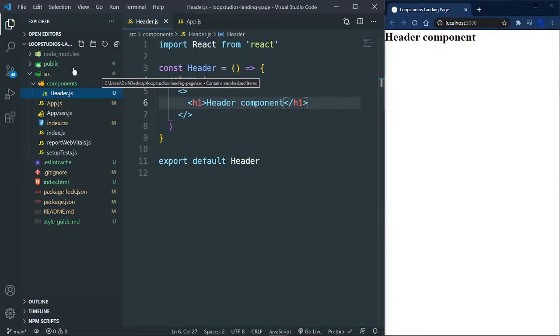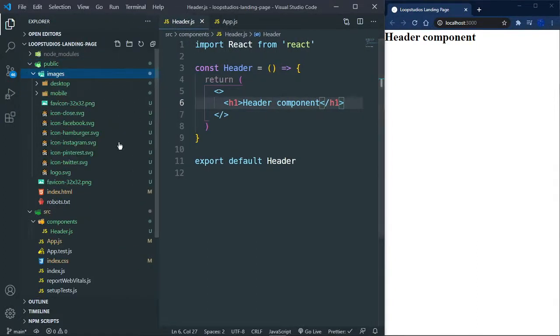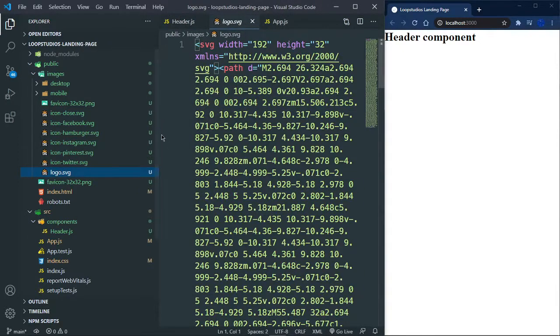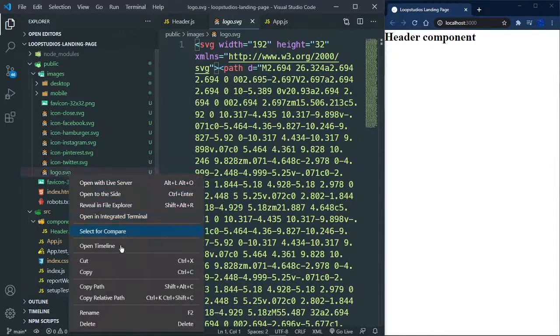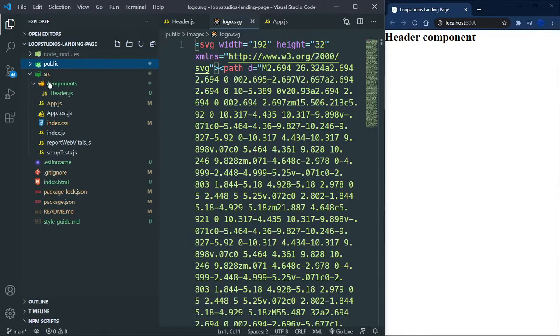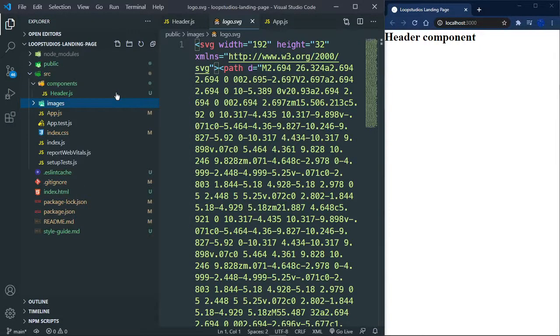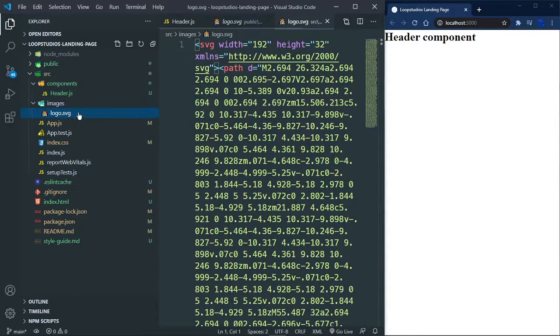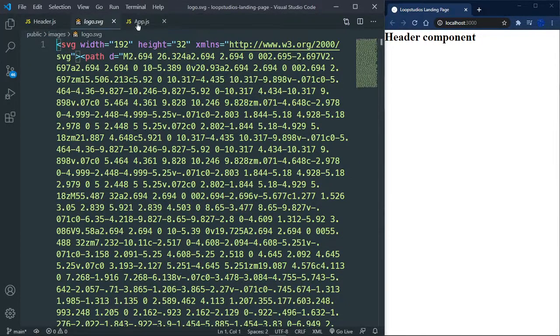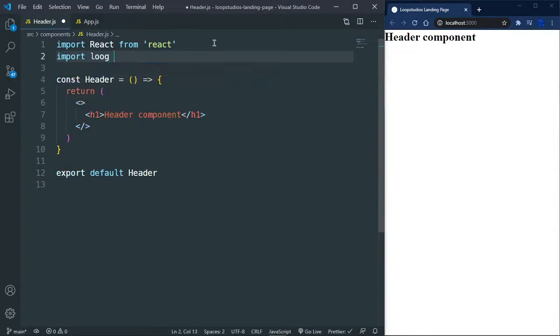So in the public folder, remember I imported the images, right? So I'm just going to grab, this is the logo for Loop Studios. I'm going to grab this logo, copy that, then close this down, and then in my source folder I'm going to create a new folder called images, and then just paste this in, which is the logo, and then I can now import it into my header.js, and I'm going to say import logo from